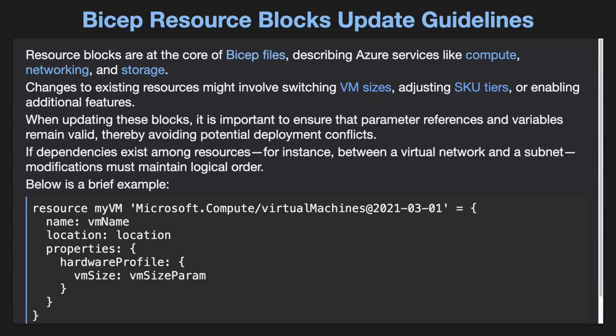Below is a brief example. Bicep resource myVM 'Microsoft.Compute/virtualMachines@2021-03-01' = { name: vmName, location: location, properties: { hardwareProfile: { vmSize: vmSize